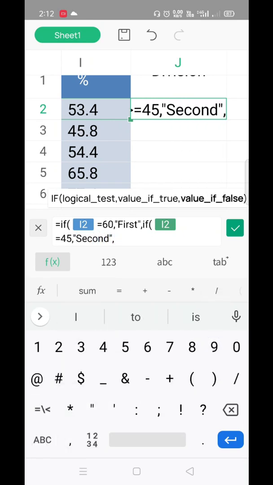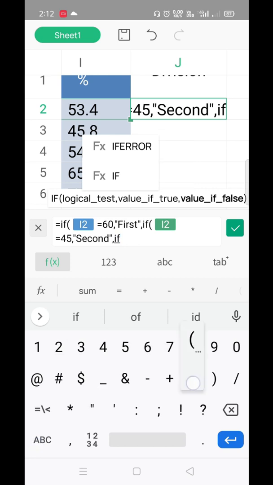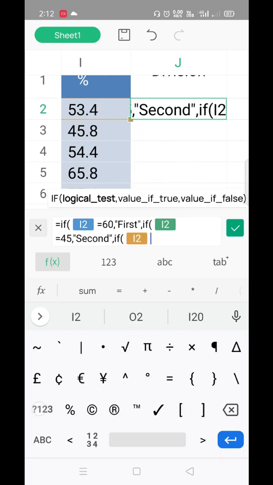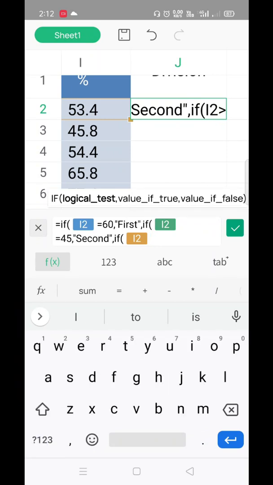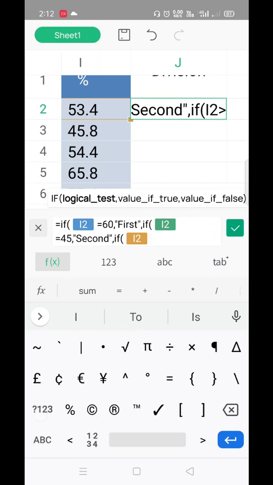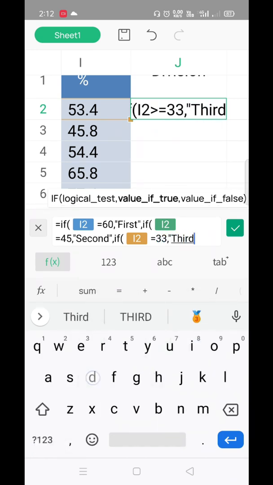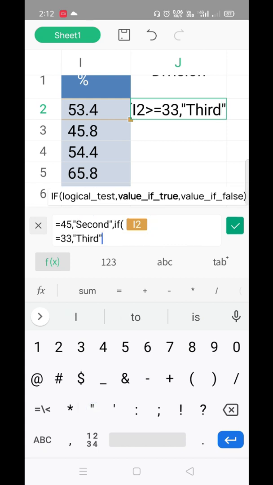Again a different condition, first we will put a comma, then the next condition. If I2, that is your percentage, is greater than or equal to 33, comma and inverted commas I will type third, then comma for your false condition.